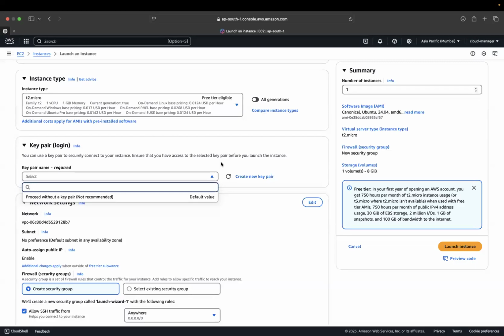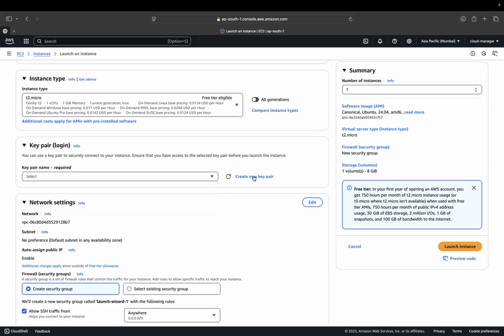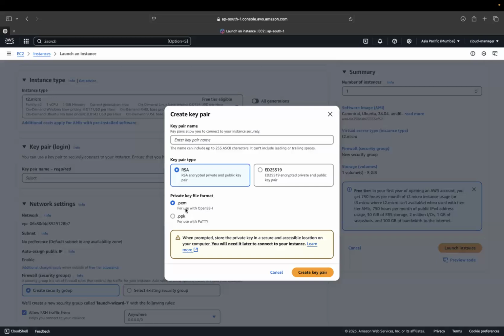Okay, so in this method we are going to generate both public and private key, and the private key will stay inside the machine, and the public key will get downloaded into your machine. So click on create new key pair and select .pem here, and you can give the name of it. For example, I'm giving a name called